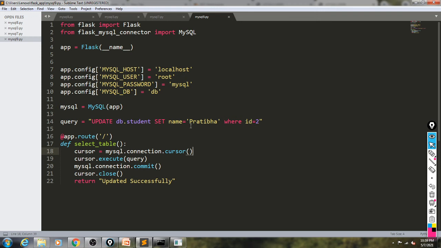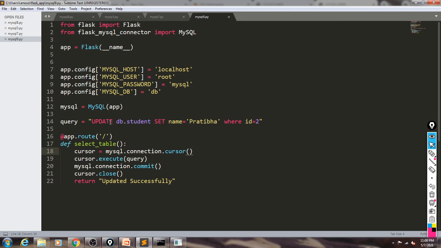Here also we can perform mathematical operations. Suppose an employee table is there, and this employee table has a salary field with some values, and we want to update those salaries by incrementing them by 200 or by 500. So how can we do it? We can do it by using the update command. So update db.student set salary is equal to salary plus 500. Okay, so up to this it will modify all the salaries, which are incremented by 500.